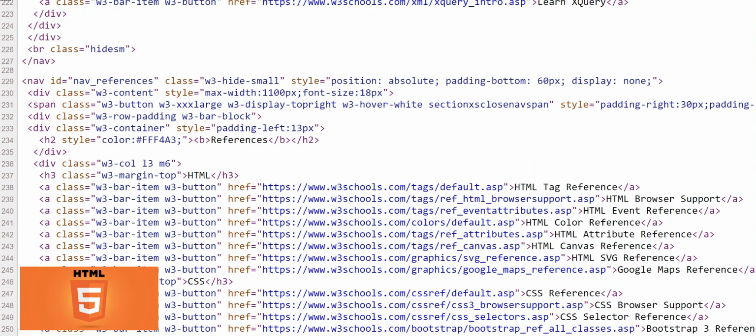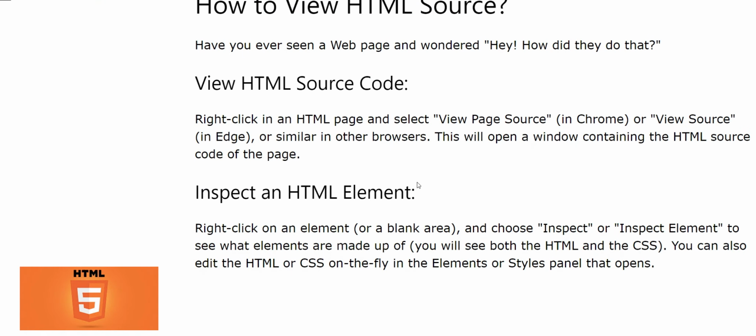And if you want to do some inspection of an HTML element, right click an element or a blank area and choose inspect or inspect element to see what elements are made up of, and you will see both HTML and the CSS. You can also edit the HTML or CSS on the fly in the element or style panel